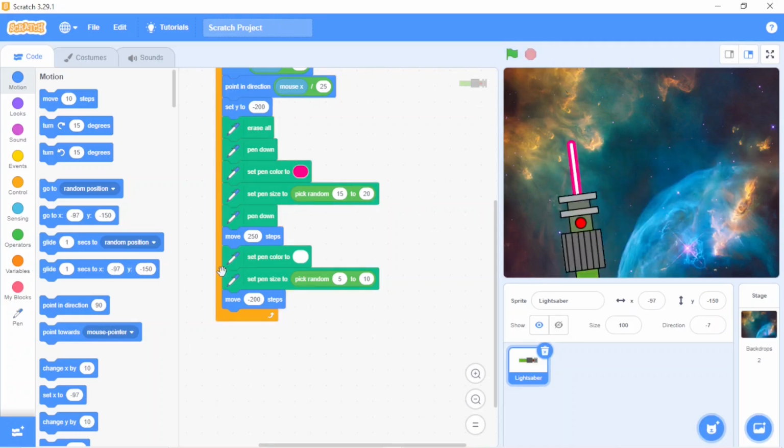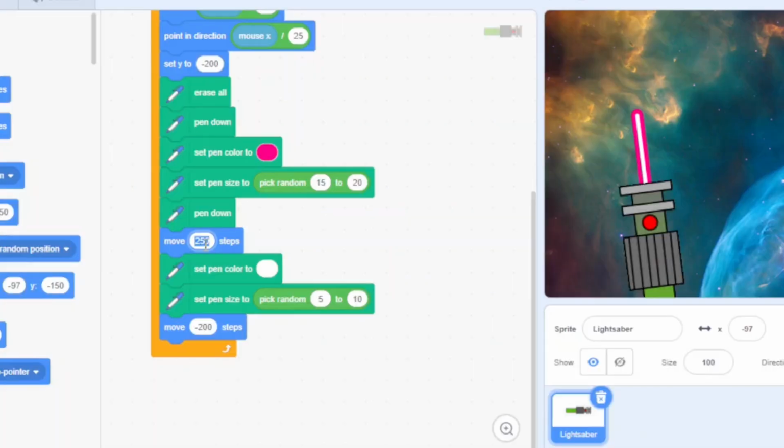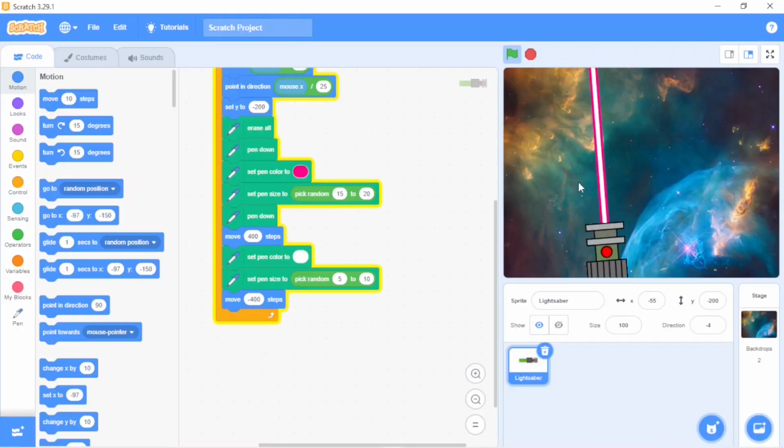And then you can do like this too. Instead of move 250 steps, move 400 steps. And then at the last, move minus 400 steps. Now see, oh, the lightsaber size decreased and the light size increased.